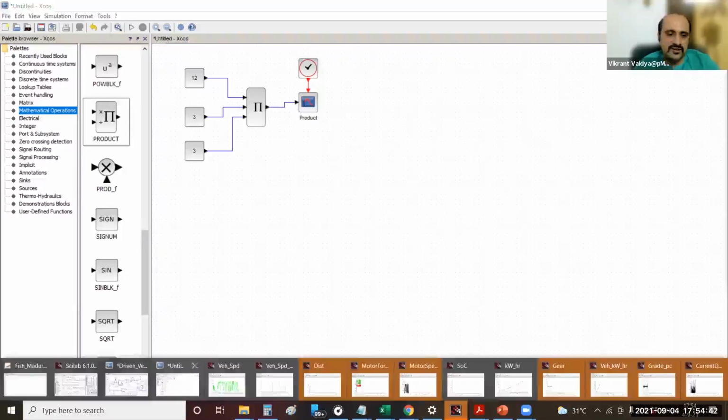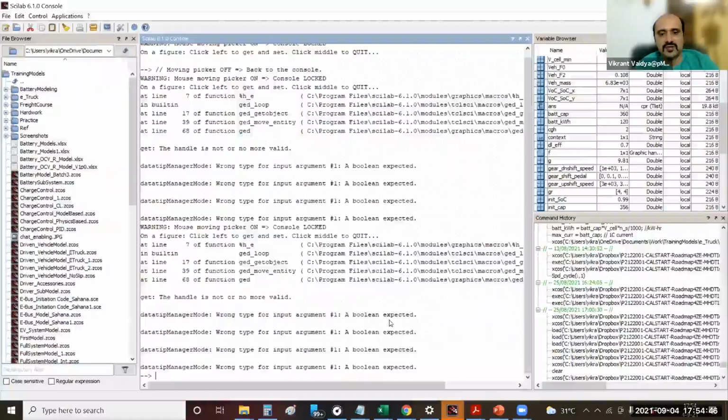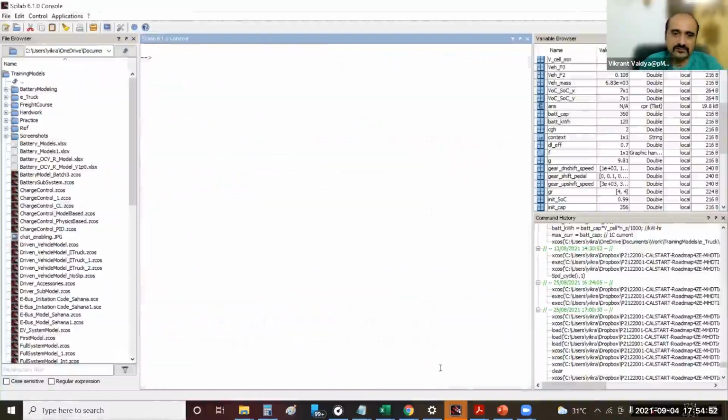We can go to the Scilab prompt. Let me clear screen. In the Scilab prompt, you can put A1 is equal to 12 and press enter.